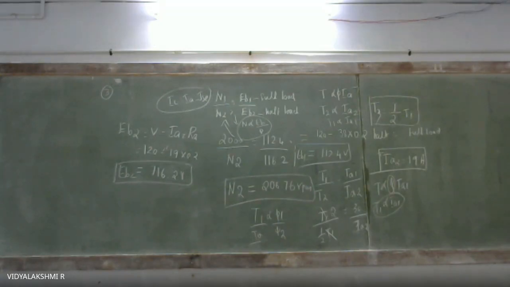So it will damage the winding, and then a spark will occur on the commutator side and the brushes may get damaged. And then if there is high starting current and high starting torque, it will run at a dangerously high speed. In order to avoid that, we have to give some load. So if I give load, my torque will reduce and then current will reduce. So in order to avoid that, I have to start with some load. A DC series motor, we have to start with some load.